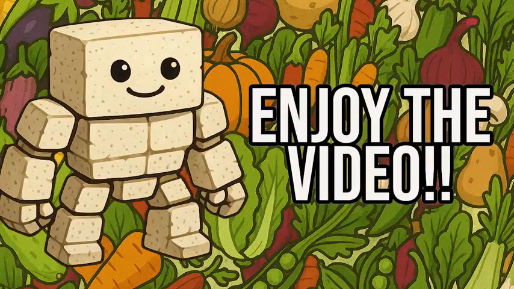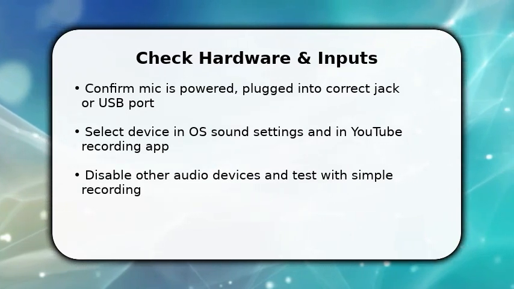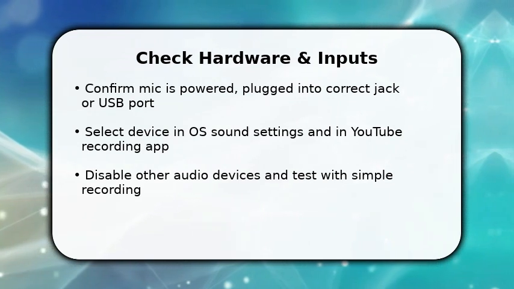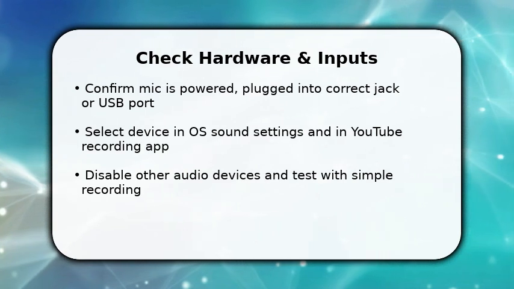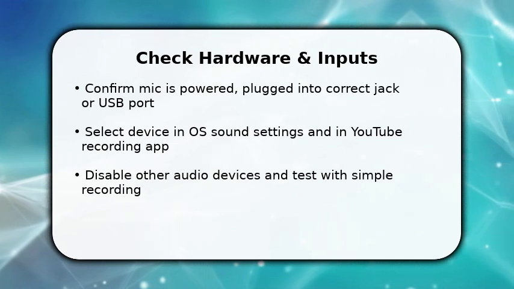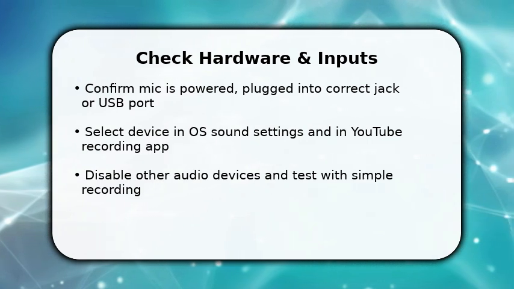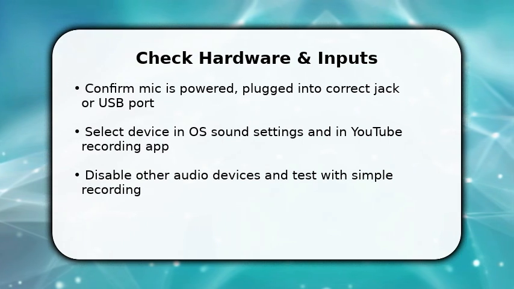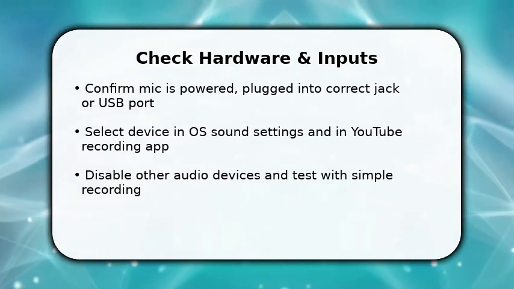Please enjoy the video. You start by verifying hardware and inputs. Plug the mic into a known good USB port or correct 3.5mm jack and power it on. Then open your operating system sound panel and choose that device as the default input because YouTube captures whatever the OS exposes. Once done, also pick the same mic inside YouTube Studio or your capture software. Make sure to mute or disconnect other mics to avoid routing conflicts, and run a short test recording to confirm